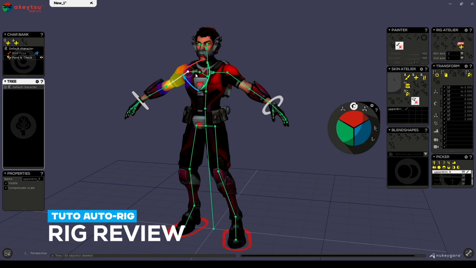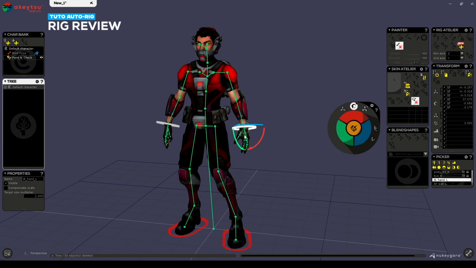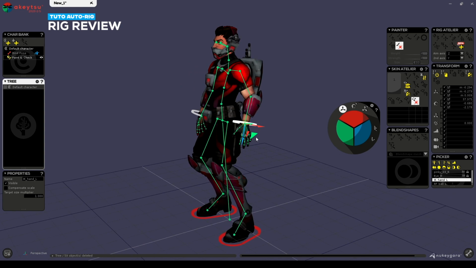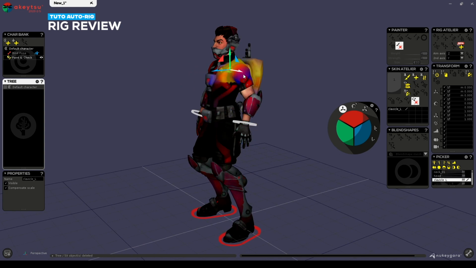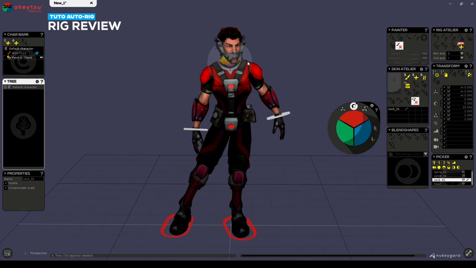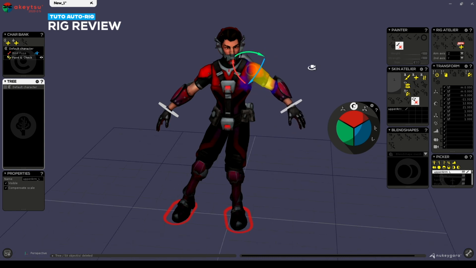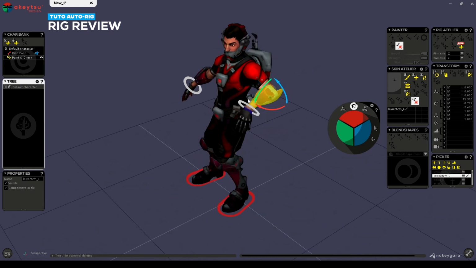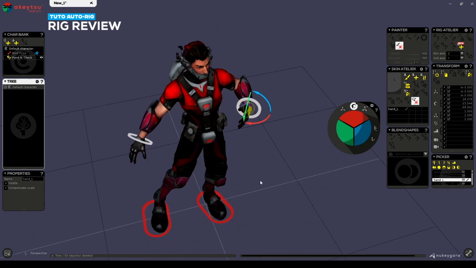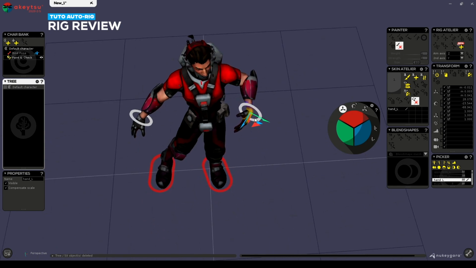As you can see, my right arm behaves just as expected from the work that I've done on the left arm beforehand. I can also make a quick review of the different body parts. So here I can start posing my character to test and see if the deformations behave as they should. Note that you could easily go back to editing the skin if you'd like to, even after everything has been mirrored. Here I'm making use of the IK handles that